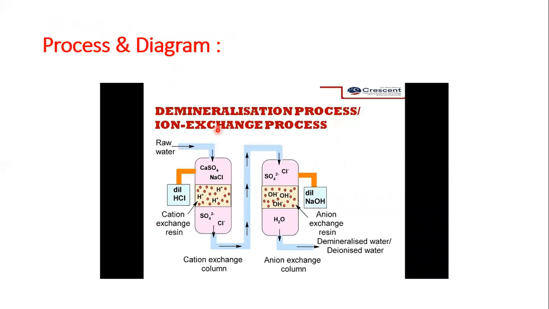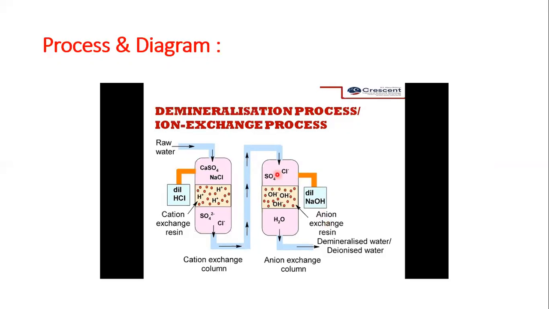Now let us see the diagram of this ion exchange process. The first column is the cation exchange column. The second column is the anion exchange column. In the first column, we have this cation exchange resin. In the second column, we have this anion exchange resin. There is one inlet for entering the dilute HCl, and here for the dilute NaOH. Dilute HCl is for the regeneration of cation exchange resin, while dilute sodium hydroxide is for the regeneration of anion